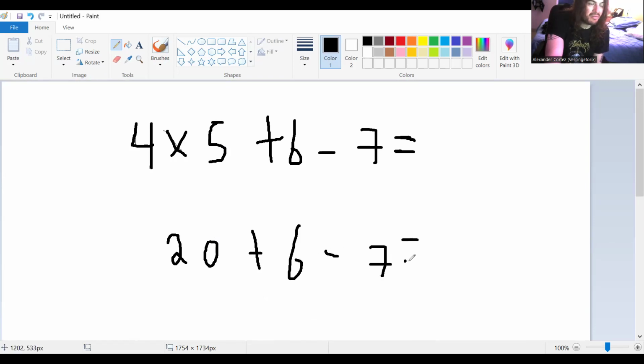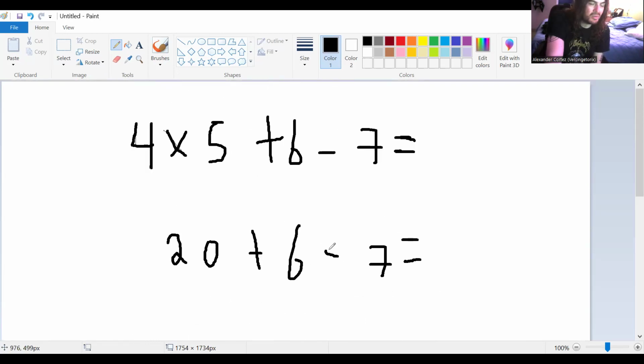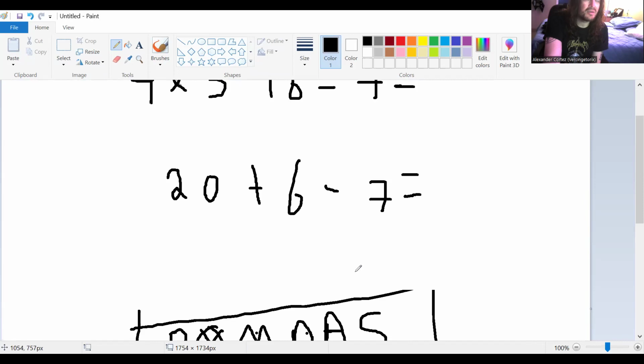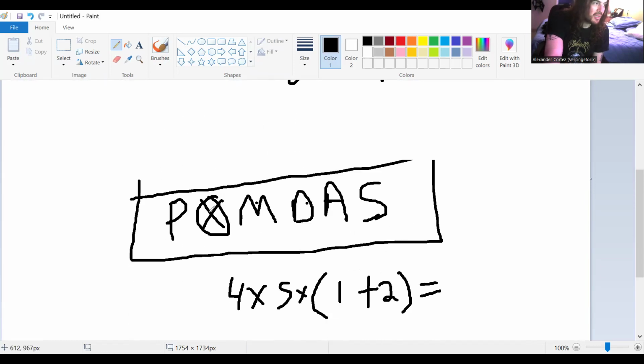And with math stuff like this, you don't want to try to do it all in your head, because you have to keep the order correct. You're going to sort of trip up on something. So it's good practice with algebra to just rewrite everything as you solve. That way it's organized and you're 100% sure on your answer. So first we do the multiplication, which is, I think the X is not,